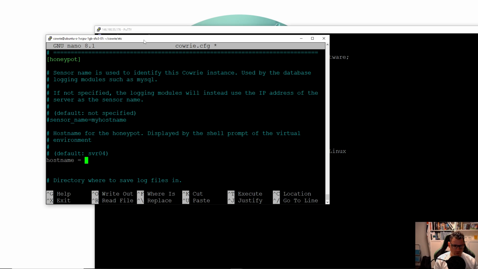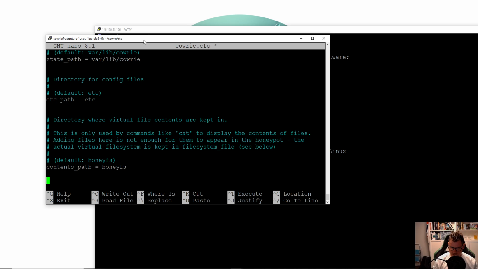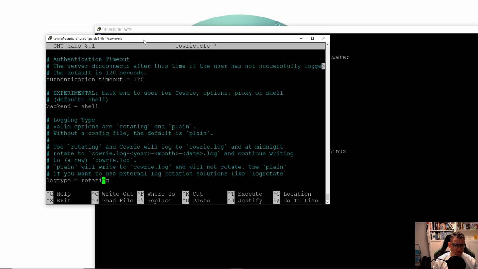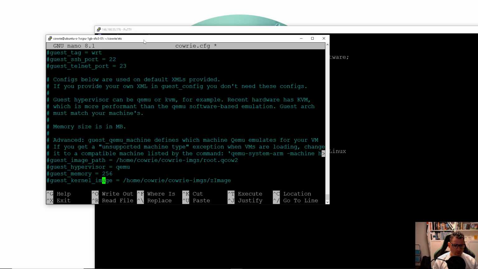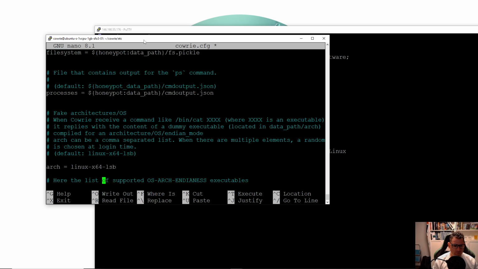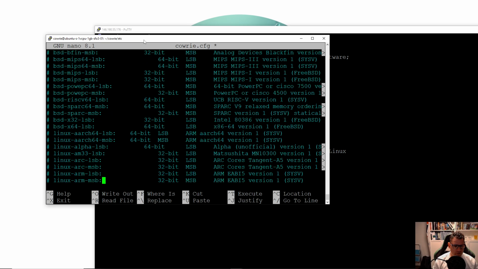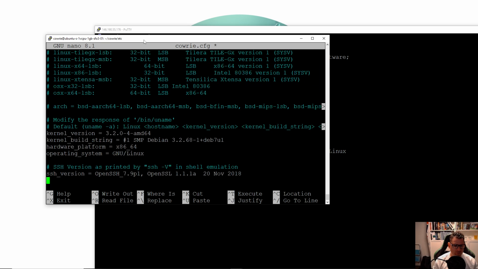So what we're going to do is call this Ubuntu Web Server 01. There's a bunch of other stuff we can change here, but we're going to go down a bit further in this config file. And what we're going to do is actually change how the Linux kernel version is reported and the SSH version is reported. So if we come down here,